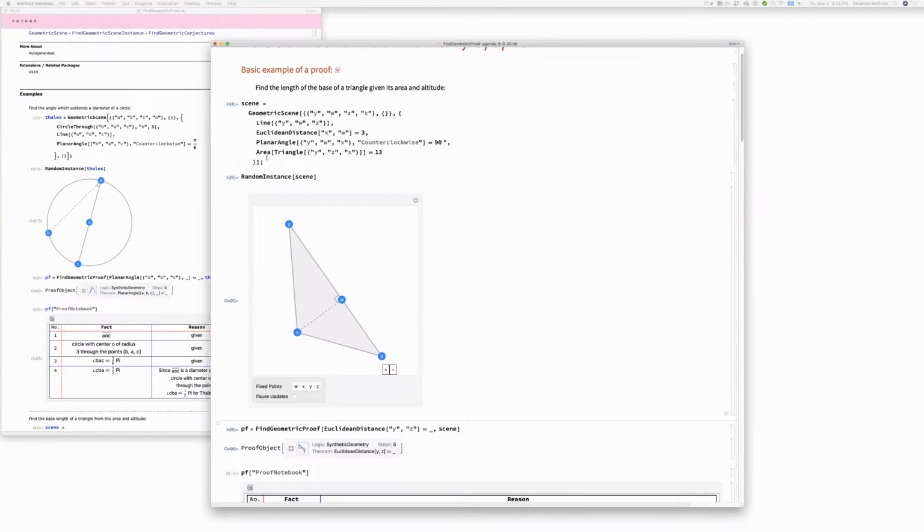So for the drawing, geometric constraint solvers are a big thing in CAD drawing, and I've actually been approached by some people at previous tech conferences about that. Indeed, that's a real thing. Now for FindGeometricProof, I think we're in the land of school, not industry. But for geometric scenes, that's something